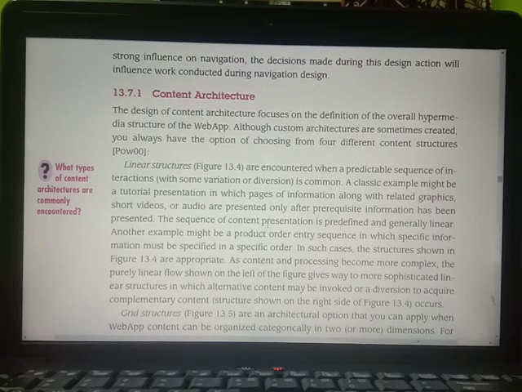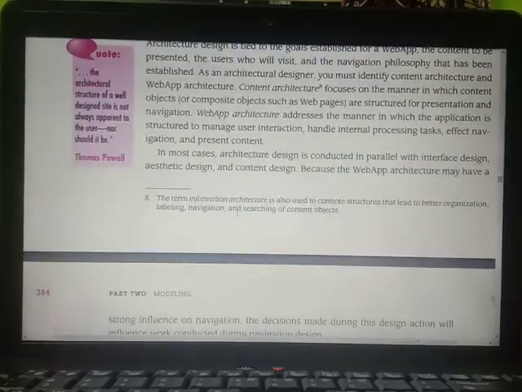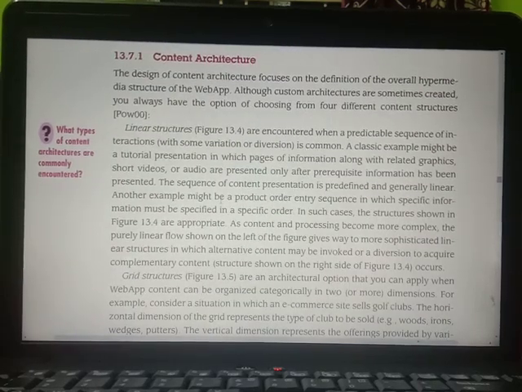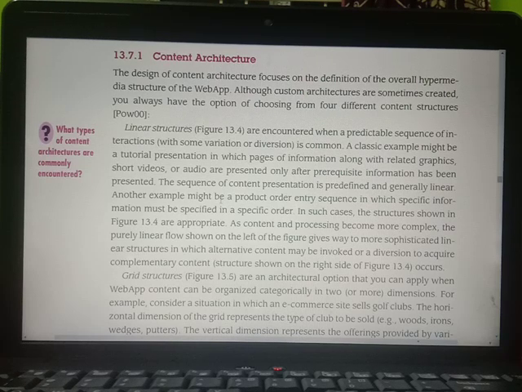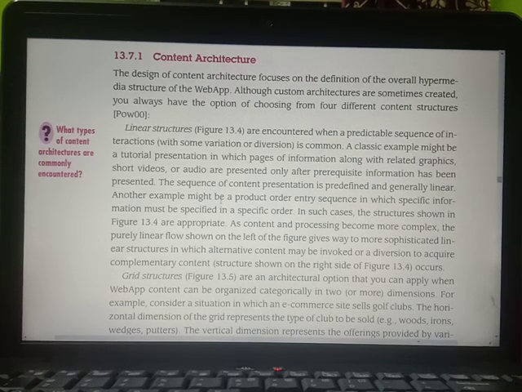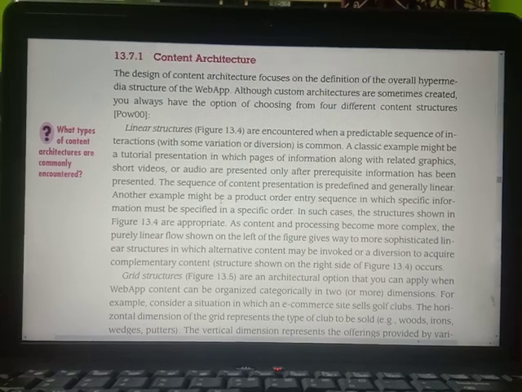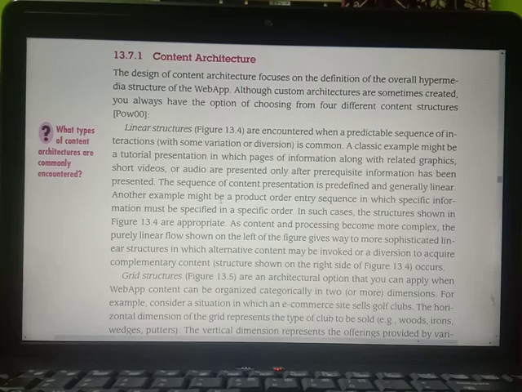And the next one is coming in the content architecture design, which is content architecture. The design of content architecture focuses on the definition of the overall hypermedia structure of the web app. That is the different kinds of media. Hypermedia means it may be audio, it may be video, it may be animations. So all the kind of things that we are going to add here in the hypermedia. And